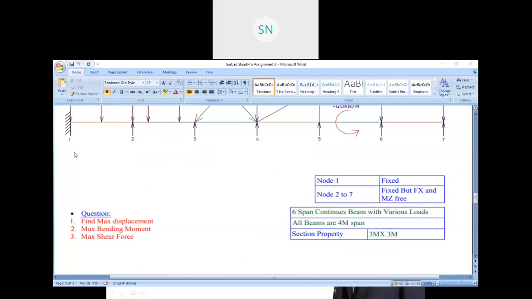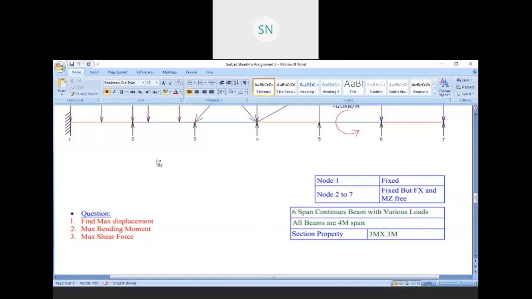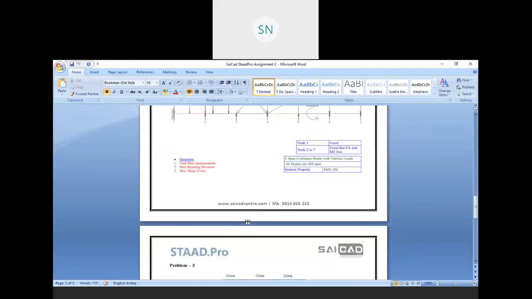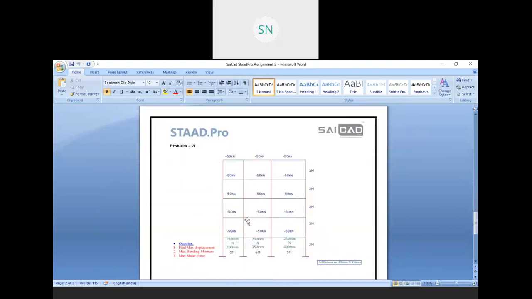So I forgot to type 0. So you have to consider 0.3 meter cross 0.3 meter cross section property. Got it? Yes, sir. Got it.